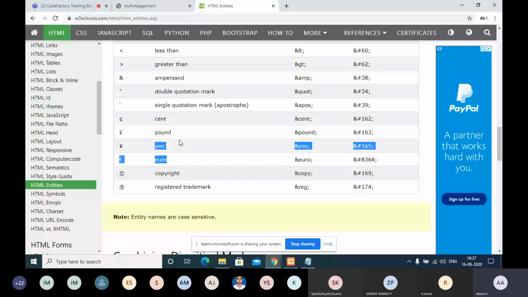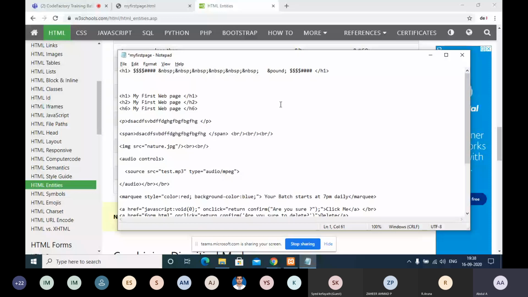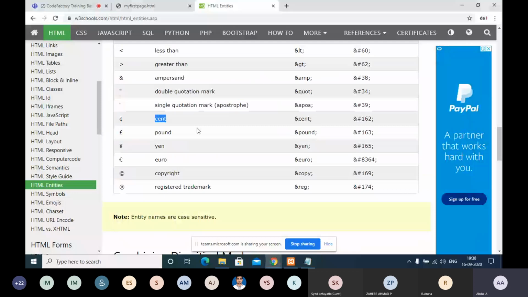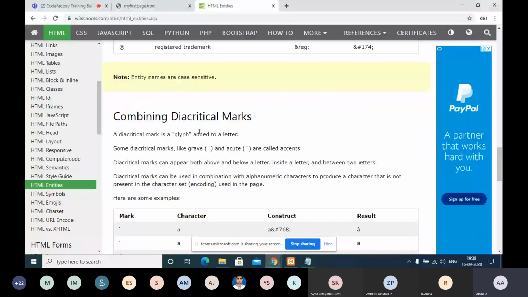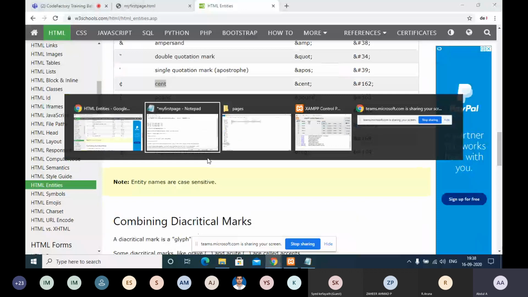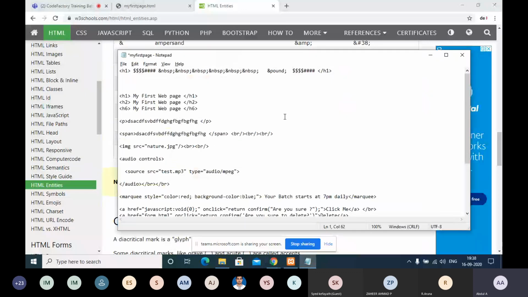At that time, you put the ampersand, the entity name, and a semicolon, and you can call it directly. Not only these ten items, there are n number of items. Whenever you require anything, at that moment you go and find it, and then experience makes it easy.